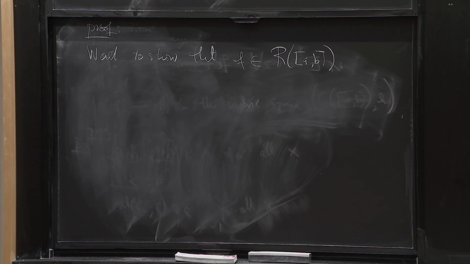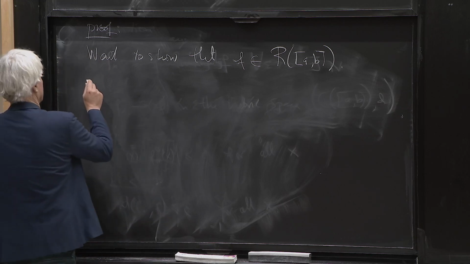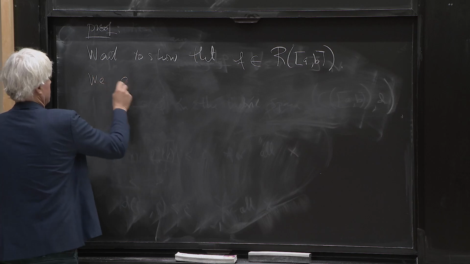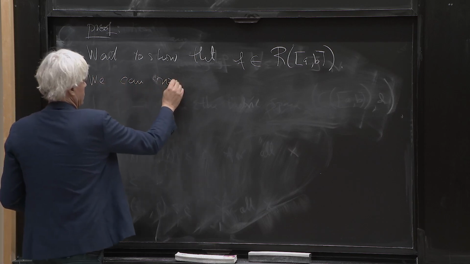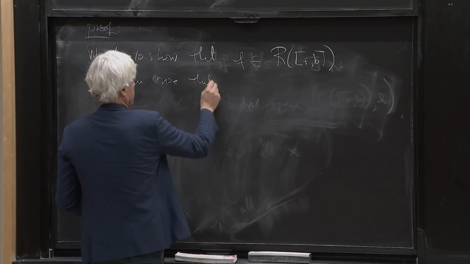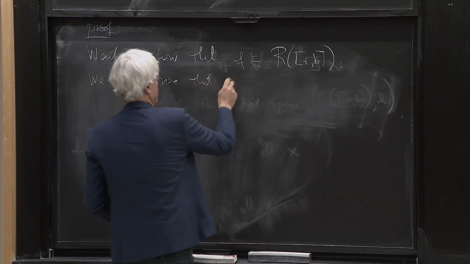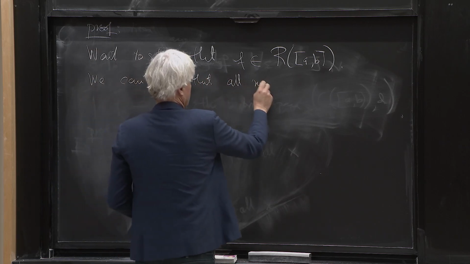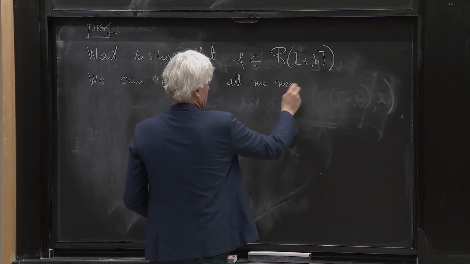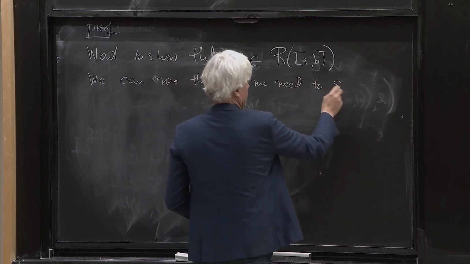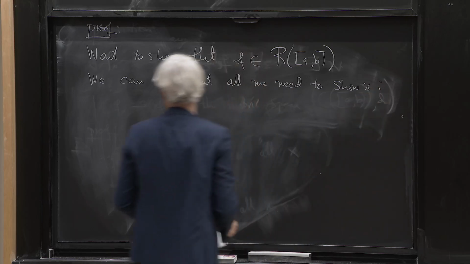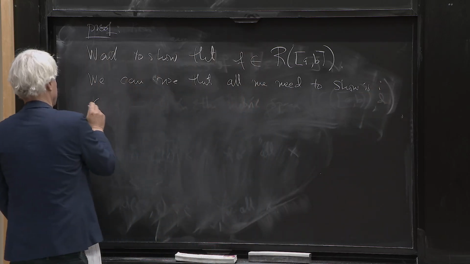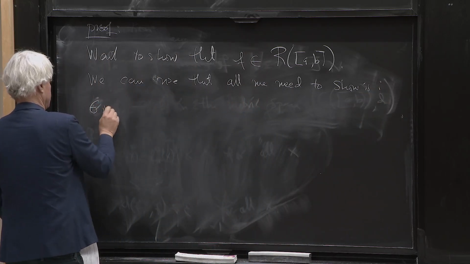So we're using the criterion, so we can use that all we need to show is the following, that given epsilon greater than 0,